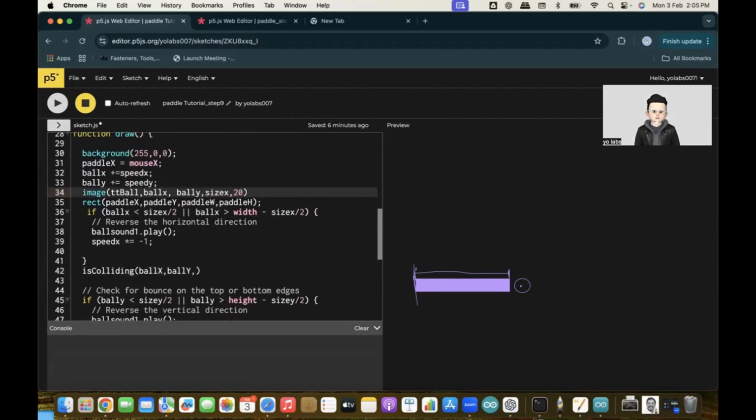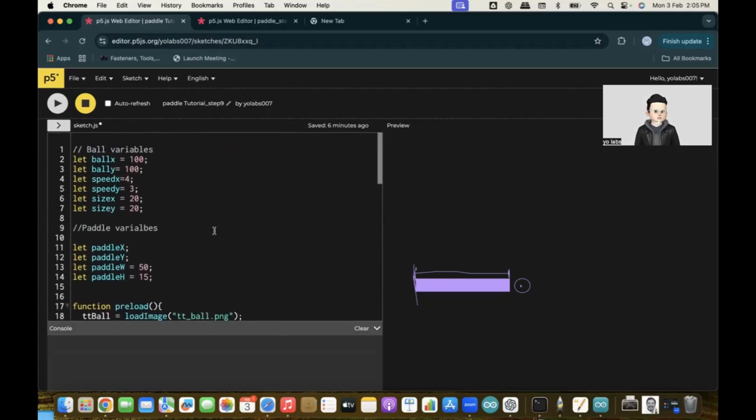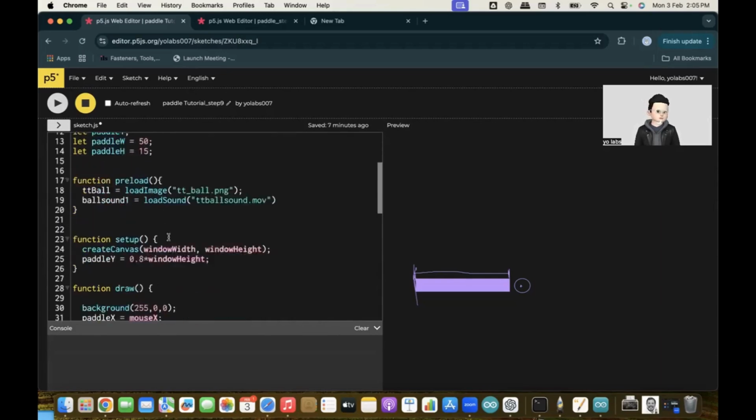size X and size Y. To keep it consistent, let's put capital. Here also let's put capital, and here also let's put capital. Here also let's put capital. And now